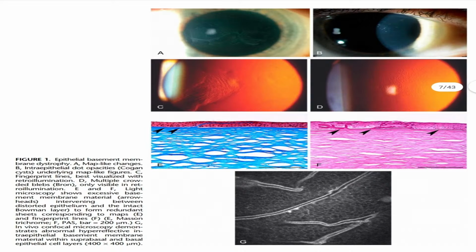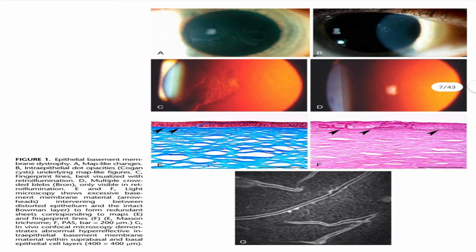The pictures. Picture A shows the map-like changes, and this shows the intraepithelial dot sign. Both map-like changes and intraepithelial dot signs on the direct illumination. On retroillumination, we observe the fingerprint-like sign and the bleb sign. Diffuse blebs, multiple clouded blebs are seen, and it is only visible on